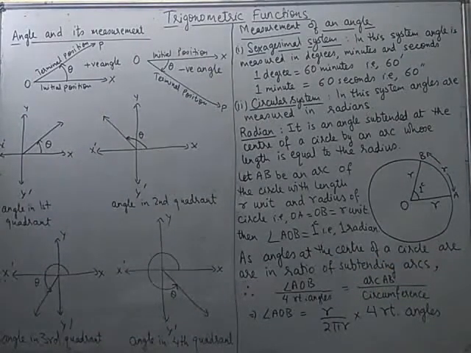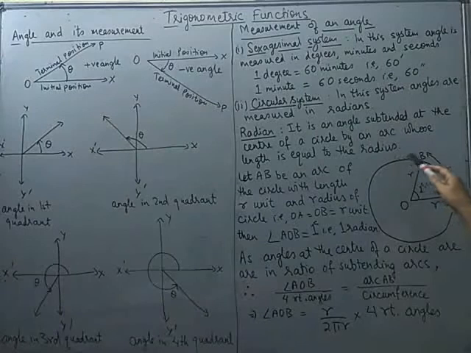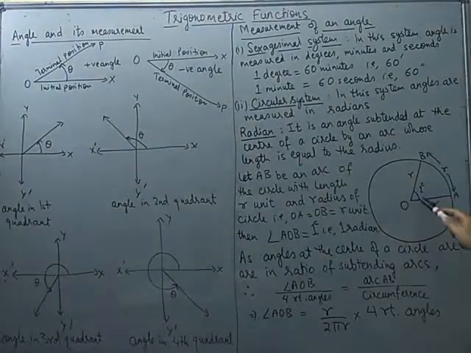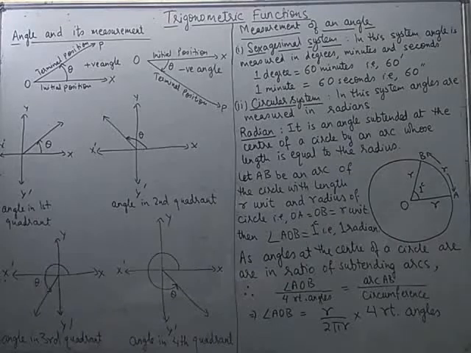Okay, now let us try to see the notation, how to write the various angles in terms of radians. Now in class 10th, you have done a result that this angle, which is subtended by an arc, depends on the length of the arc. You can see, if I increase the length of the arc, the size of angle is also going to change. Okay, so if I have got two arc lengths, then whatever will be the ratio of the arc length, same will be the ratio of the angles they are subtending at the center.